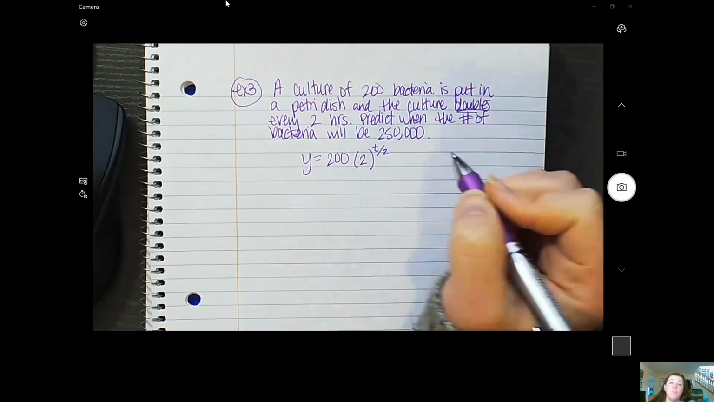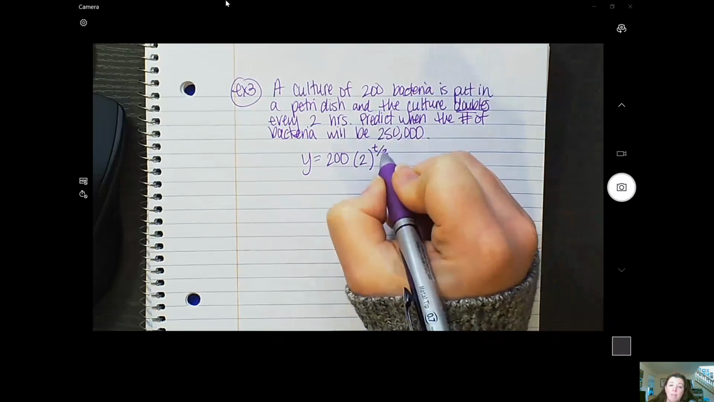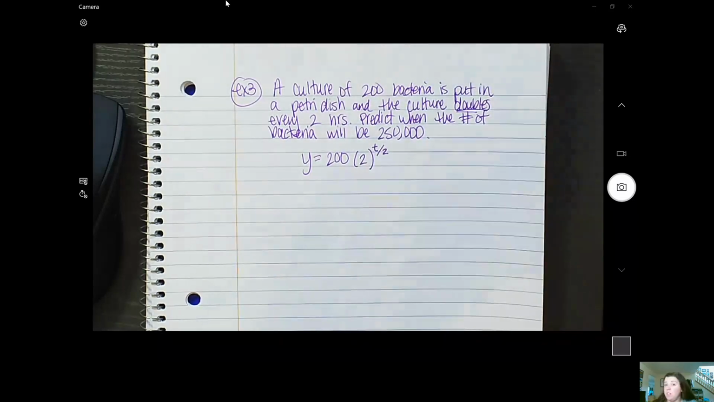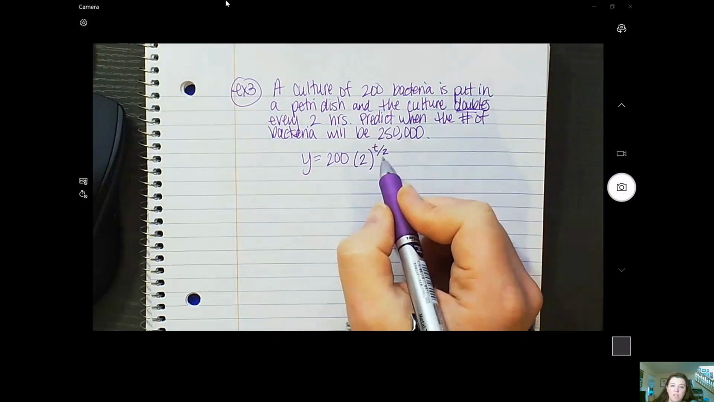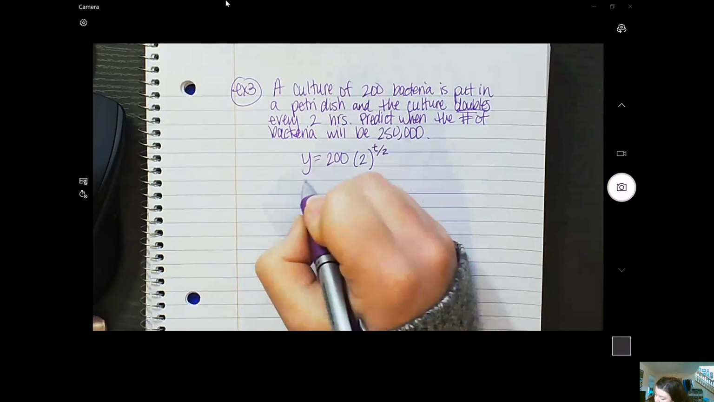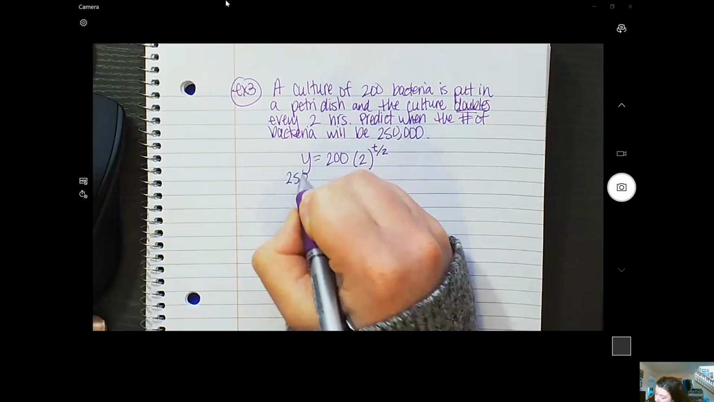So if I had said it doubles every hour, then you would divide it by 1, so it would just be a t. But since I said it doubles every 2 hours, you need to divide that amount of time by 2. Okay, so I want to know when it's going to equal 250,000. So I want to know when y